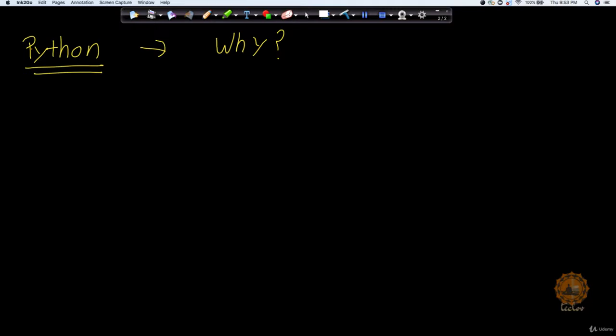It is a general purpose programming language which is named after Monty Python. Okay, so basically it is named after Monty Python. This is the name. So that's the reason they named it Python. What do I mean by general purpose programming language? There are a few other programming languages like R, SAS, and so on. They are only used for one specific purpose, for example, for analytics. R is mainly used only for analytics.